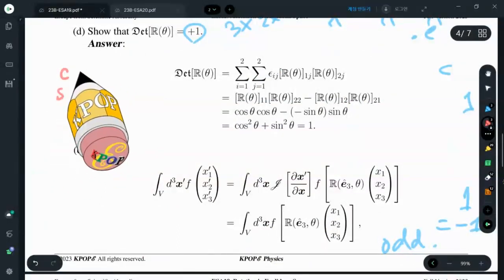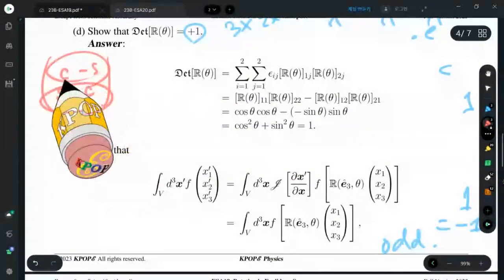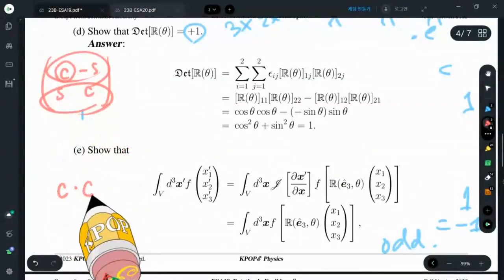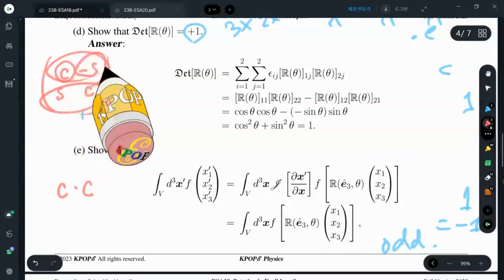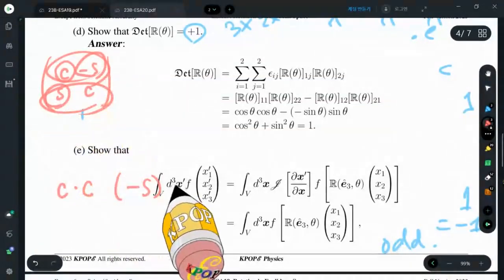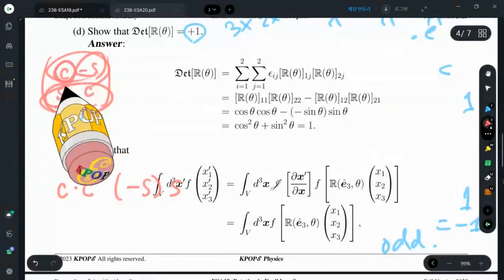C S minus S. Determinant: choose one thing, choose the next thing, choose one thing, choose the next thing, different column, different row. However, this is